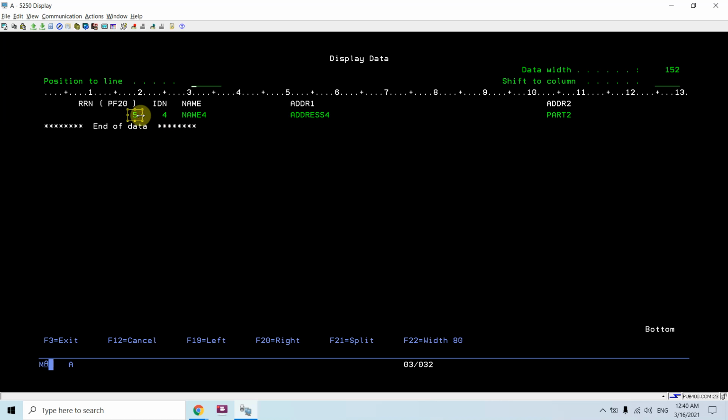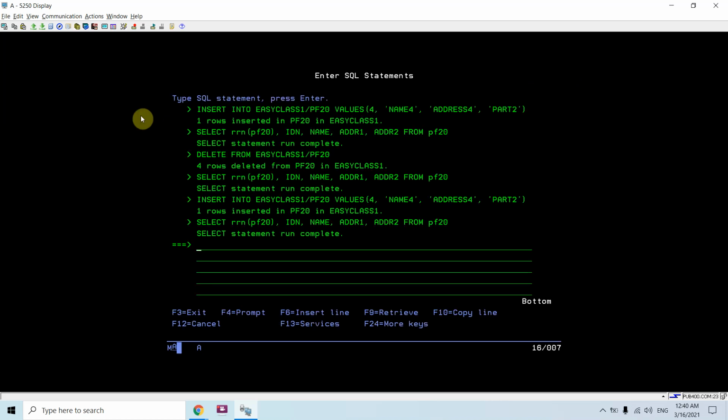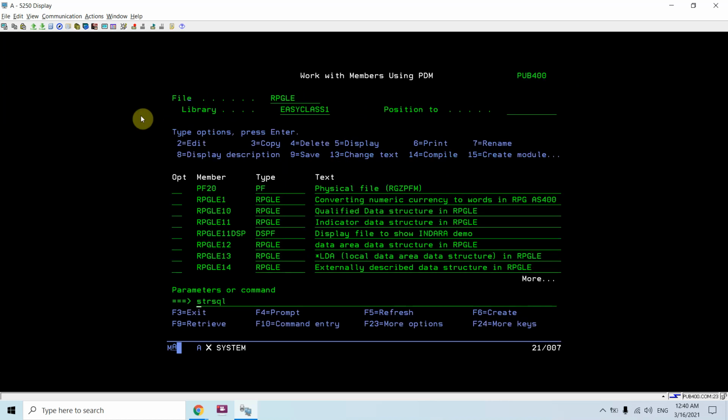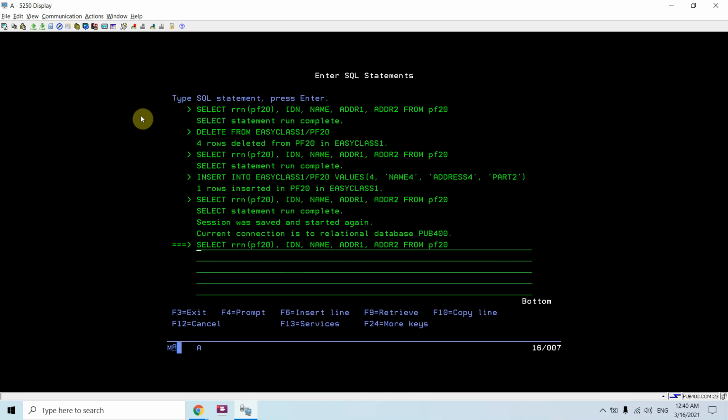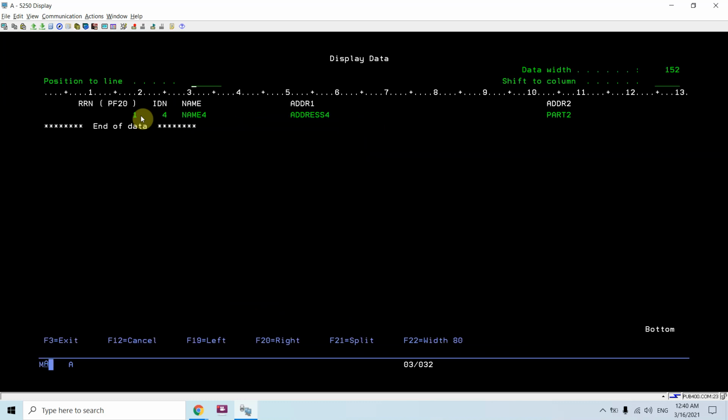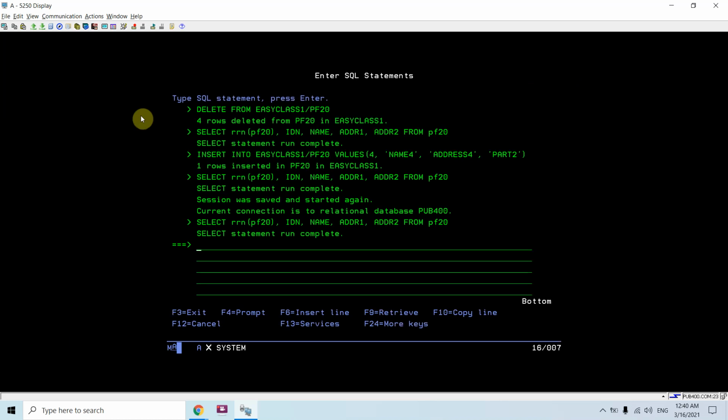They are freed up, but actually not deleted from the storage. Once I run rgzpfm again on this file, you'll see the file has been reorganized. The space which is freed up is now reused.